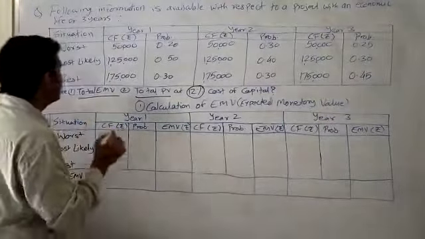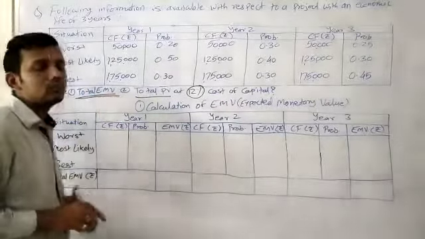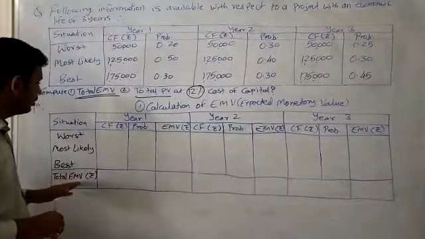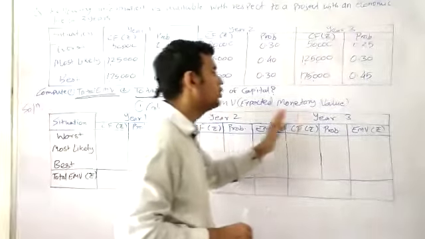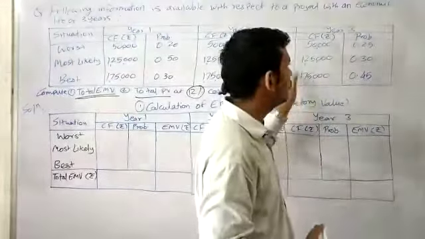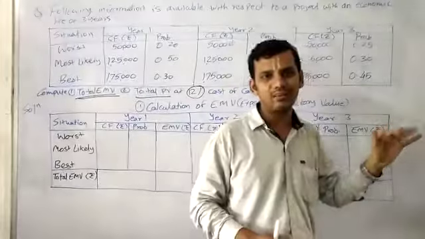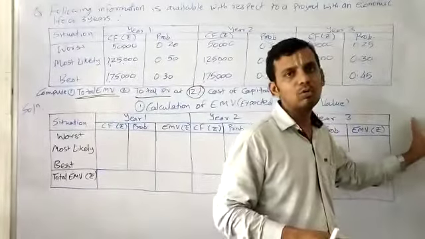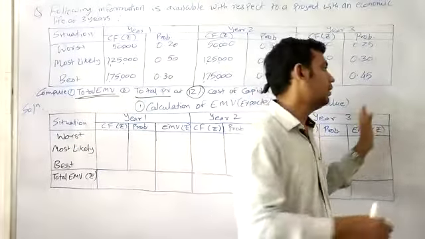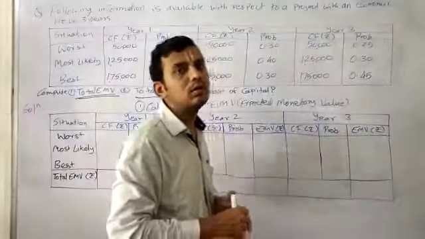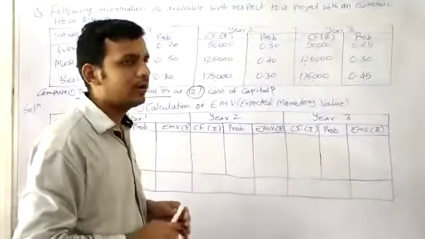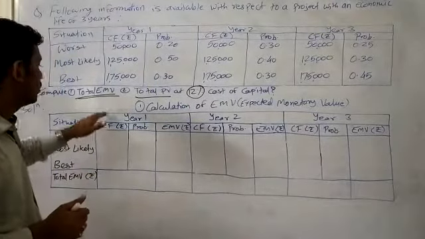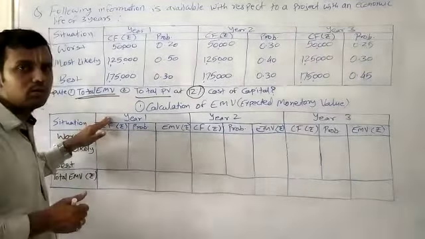We will first of all calculate the total EMV. The table would be similar to what we did in the last lecture. There would be a situation column, and for 3 years we would have 3 columns with 3 sub columns each. If any question mentions that the project has a life of 4 years or 5 years, we would add a major column to the right side of the table, and along with it 3 sub columns, as the question demands according to the life and the information given. Here we will start with the total EMV calculation for year 1.